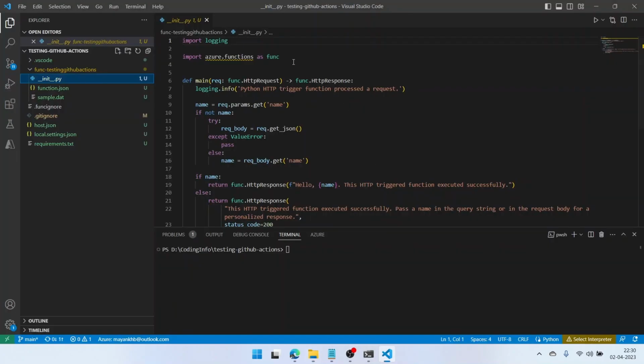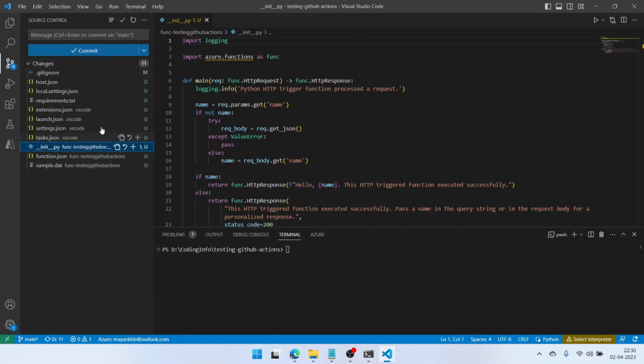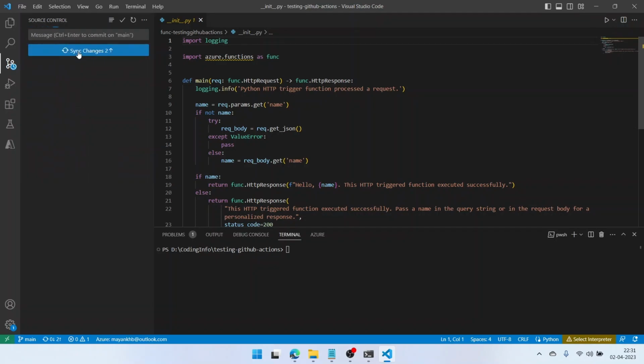For that, let's go to VS Code. Okay, before that, you will see here that Git in VS Code has recognized that we have made some changes to our repository. Now let me show you how we can push these changes in VS Code. So first of all, we'll need to stage these changes. For that, we need to click on this plus button. Now all the changes are staged. You will see here staged changes. And now we can make a commit, created Azure function, and we'll commit.